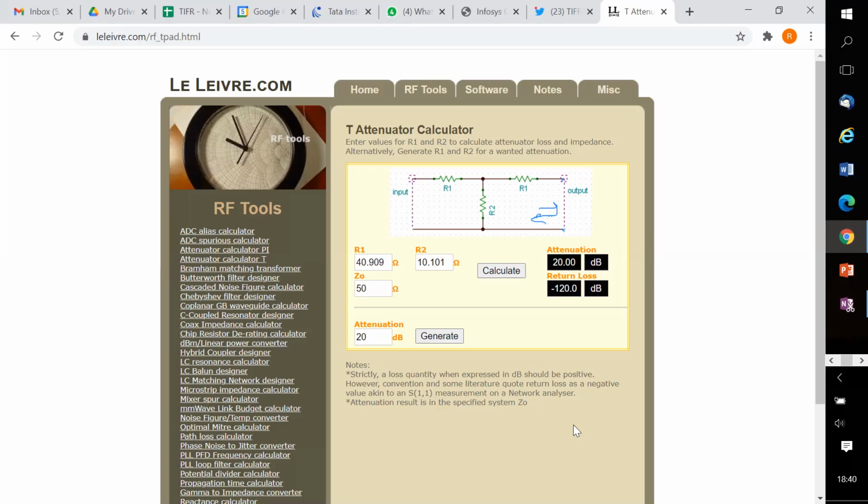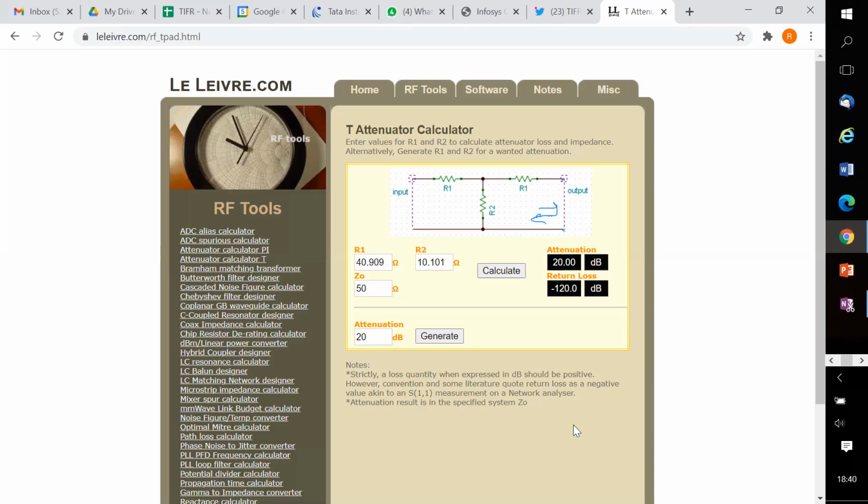Remember that if it is matched, then this is designed to not send any power back. But if it is not matched, and let's say it is left open or left short circuited, then the amount of power which is coming back